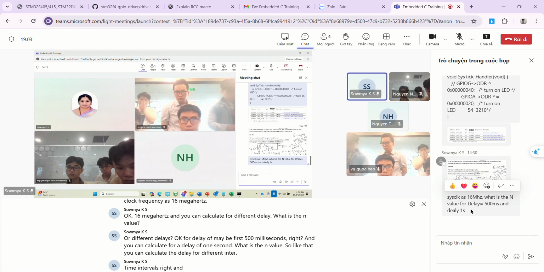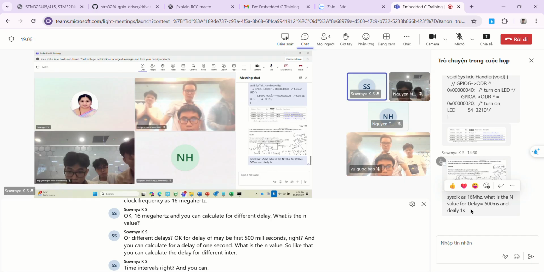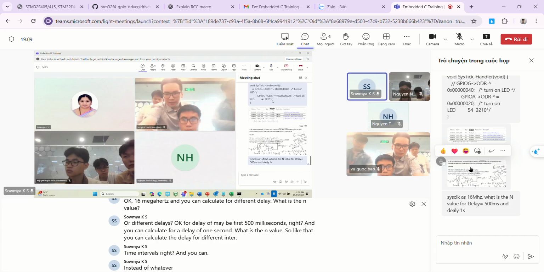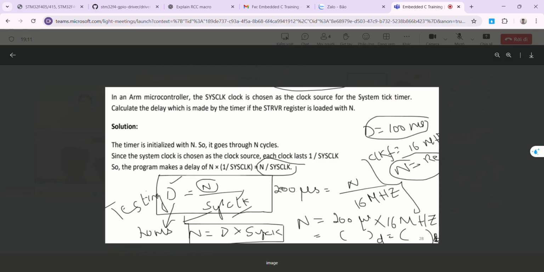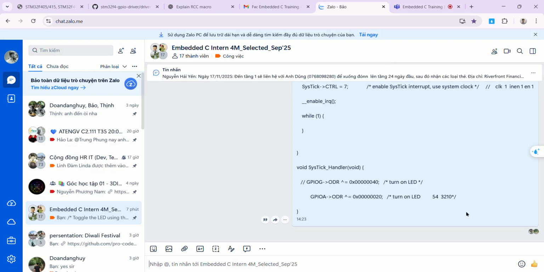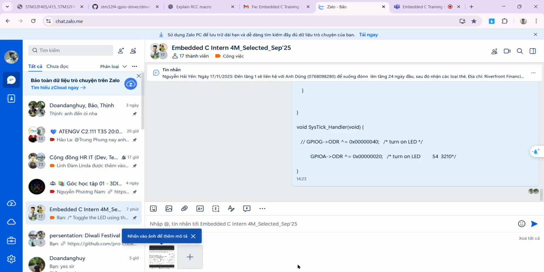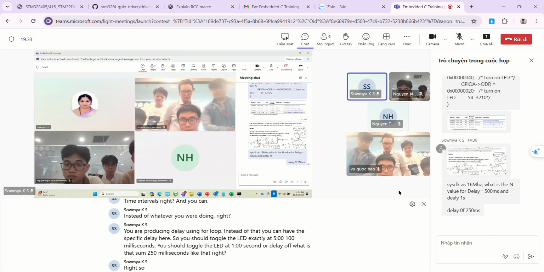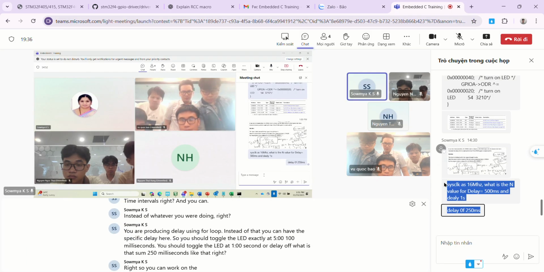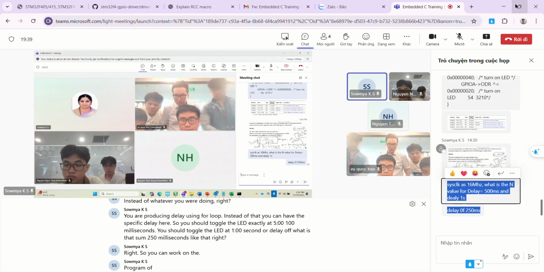And instead of what you were doing, producing delay using a for loop, you can have the specific delay here. So you should toggle the LED exactly at 500 milliseconds. You should toggle the LED at 1 second, or a delay of some 250 milliseconds, like that, right? So you can work on a program of each LED, whatever LED is present, 4